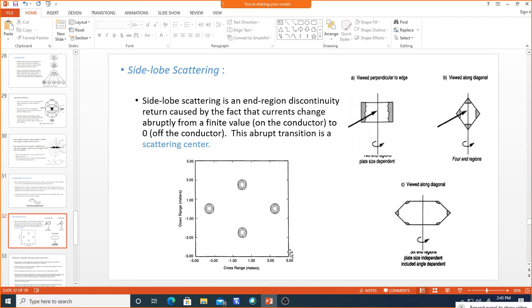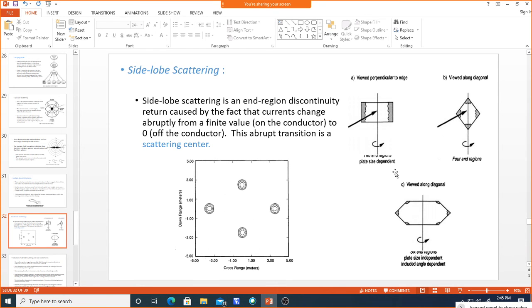So this is one of the figures showing how the plate will be producing side lobe scattering with respect to down range and cross range. Say for example, this plate is put inside some room, and we incident the energy, and whatever reflection is happening from the plate, because of these edges and angle of incidence in different scenarios, it is producing the side lobes in different ranges.